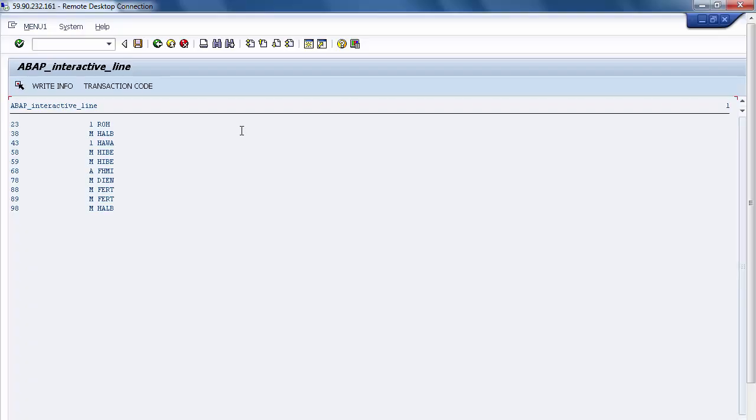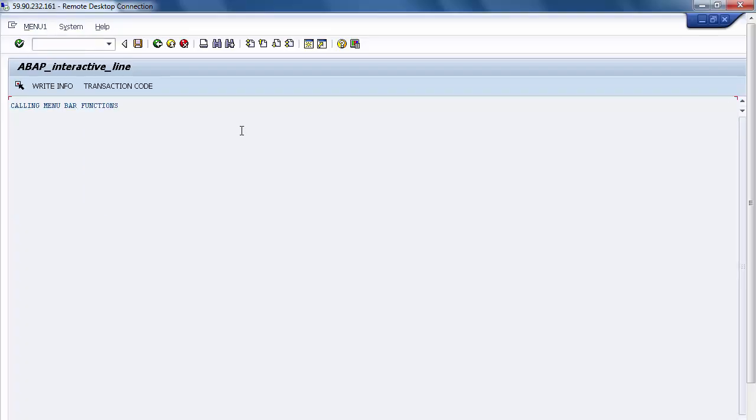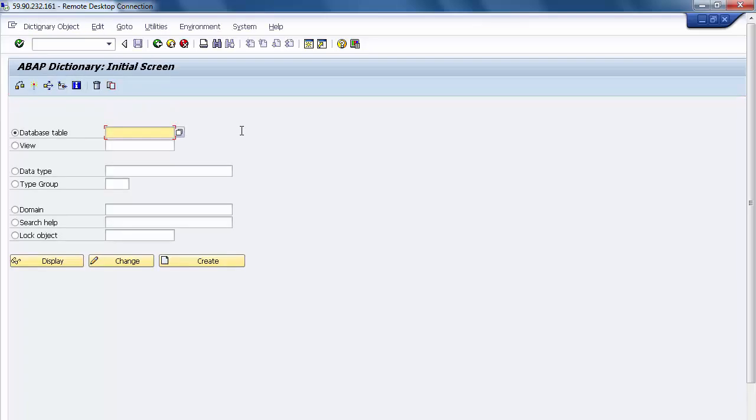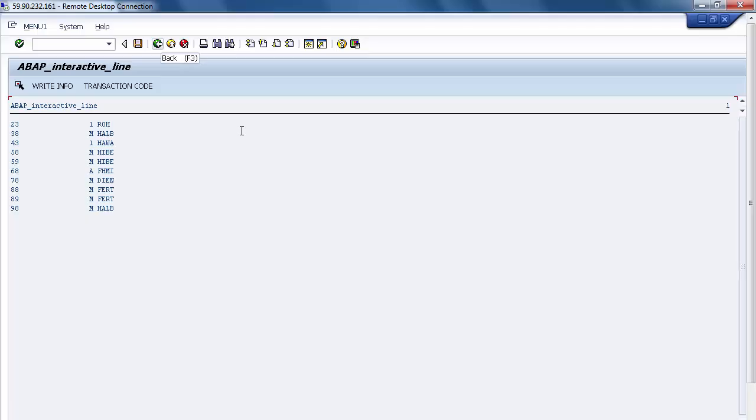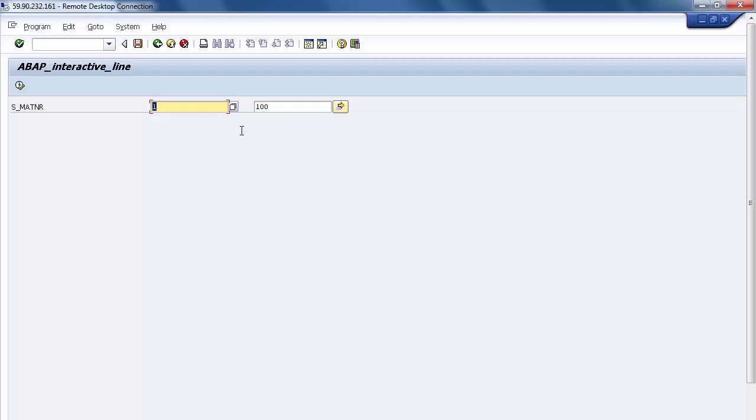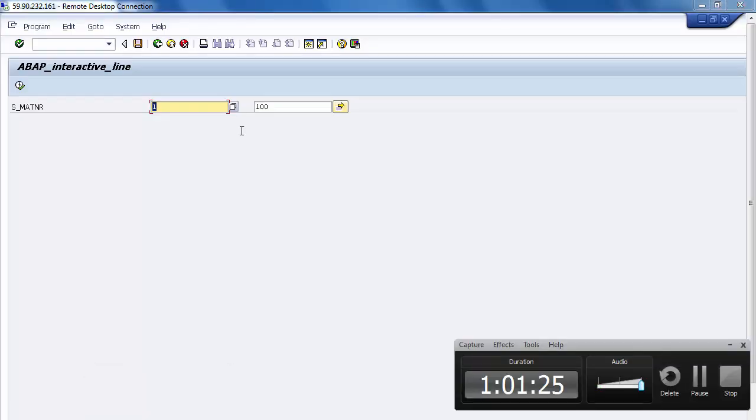So provide 1 to 100. Click on execute. Look, there is now a menu here in the output area. When you click on the menu, check, we are calling menu bar functions. Through the menu also you can trigger like this, or go directly through the transaction code like this. Everything is possible. The user can go through any options. Right, I click on back, back to the source code. Right, so this is